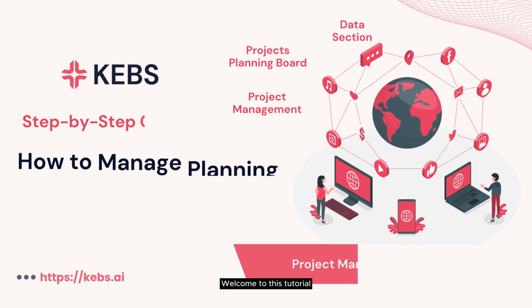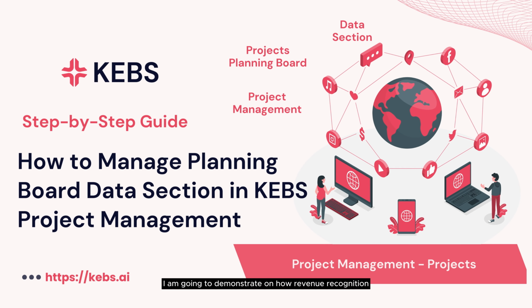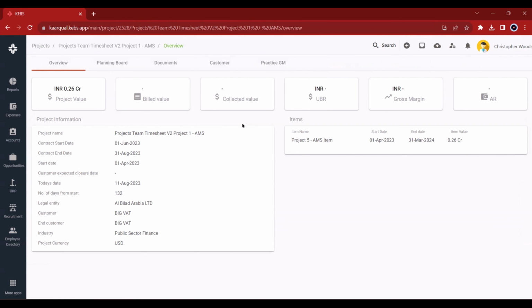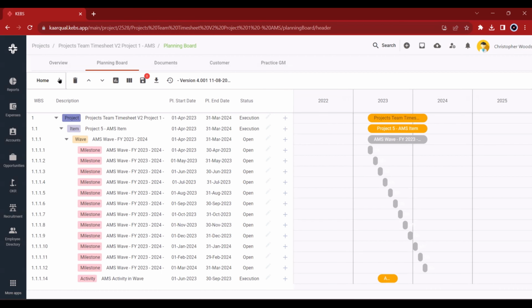Welcome to this tutorial. In this video, I am going to demonstrate how the revenue recognition and resource costing planning sheet works within a project planning board in the Projects application of KEBS. Once the user has navigated to the Projects application, he or she can click on any project that has been displayed and, in the detail section, navigate to the planning board and click on the data option from the list